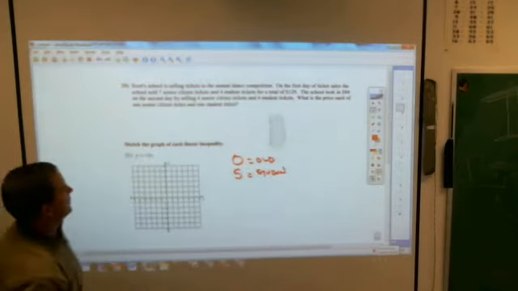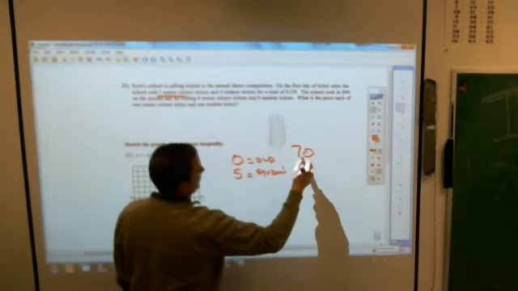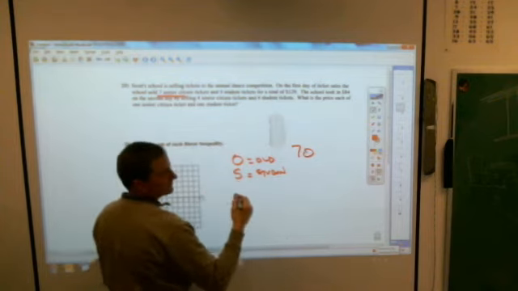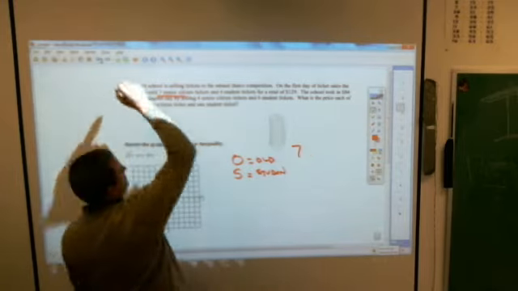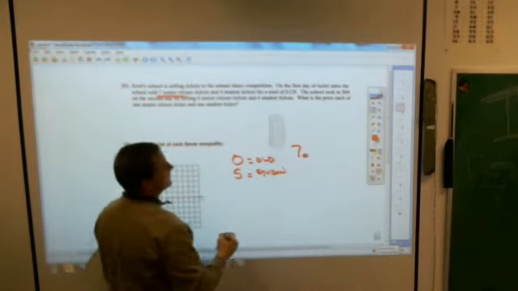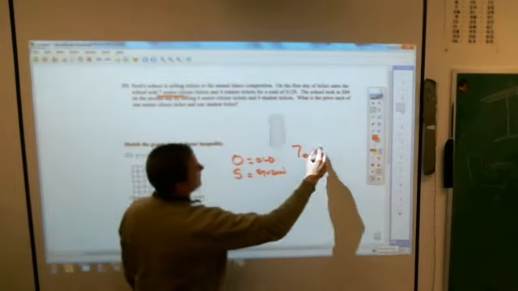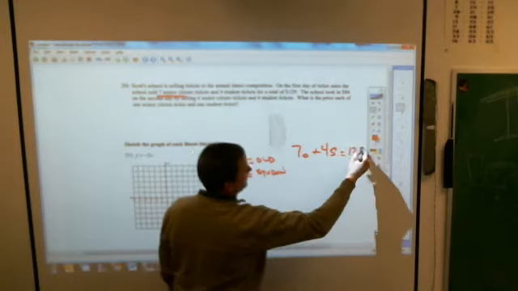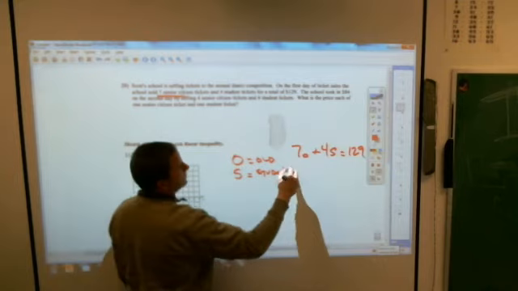So then you just write your two equations. 7 old people. Although old is not my favorite because it looks like 0. We figured that out after we started writing it. Put E for elder. Oh, yeah. 7 elders plus 4 students equals $129. And then 4 elders